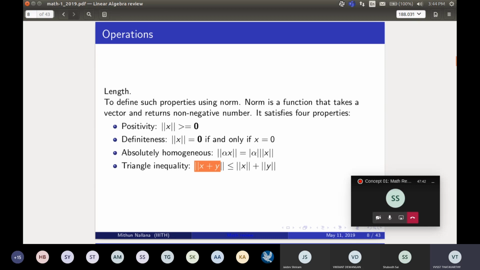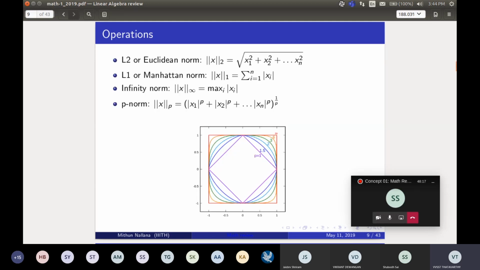This comes from, in general, a geometrical figure, say a triangle, where the sum of two sides will never be less than the length of the third side. So in that way, you can assume this property to be equivalent in the general geometry sense. If you assume the sides to be vectors, the same applies here also. So when you are taking the norm of the sum of vectors, it will be less than or equal to the sum of the individual norms, or the other way, vice versa, you can also state and understand.